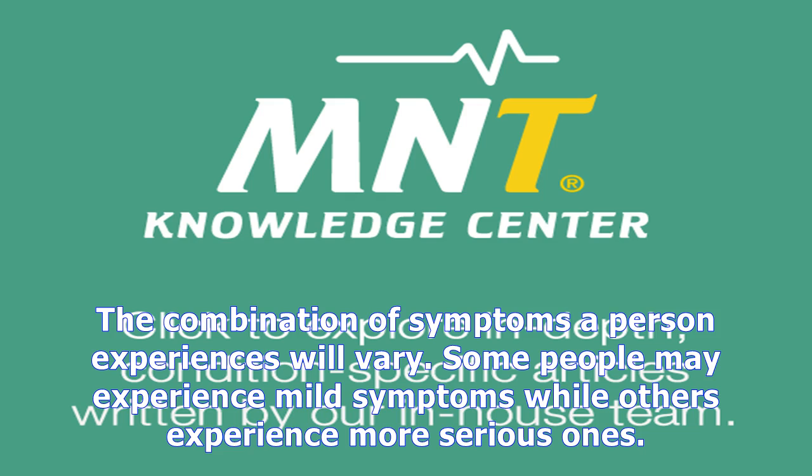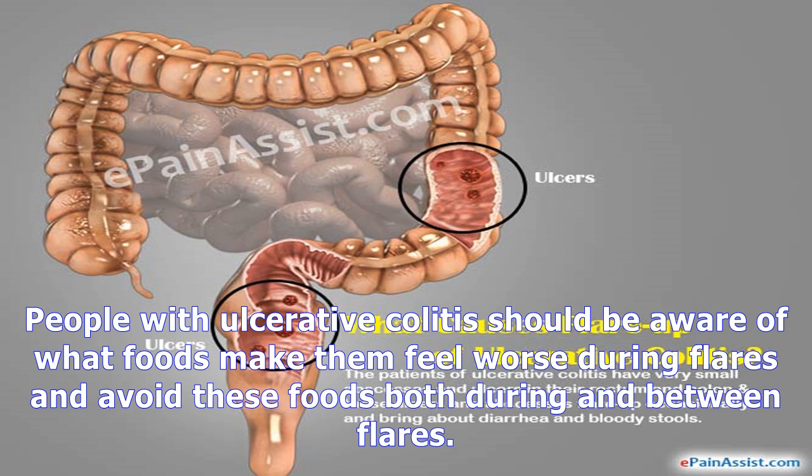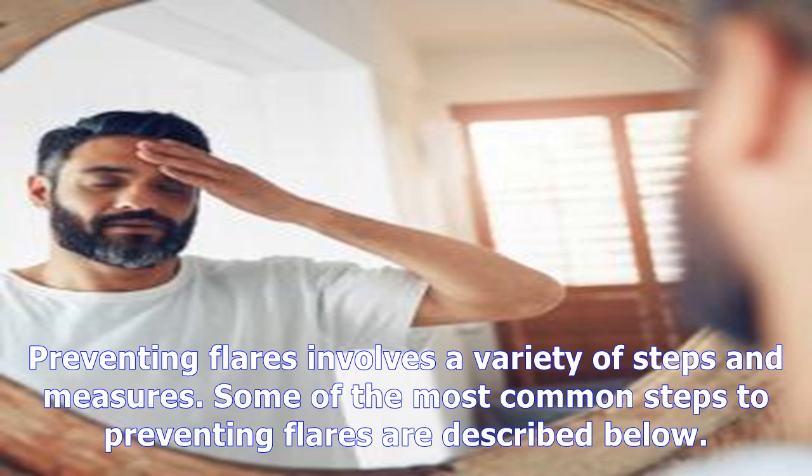Ulcerative colitis has a variety of potential symptoms, which are heightened during a flare-up. The combination of symptoms a person experiences will vary. Some people may experience mild symptoms while others experience more serious ones. Ulcerative colitis symptoms include pain in the belly, urgent, painful bowel movements, tiredness, dehydration, fever, bloody bowel movements, and diarrhea, often